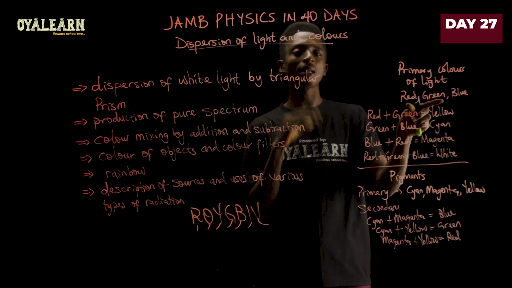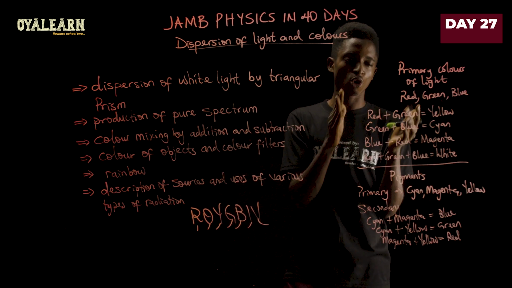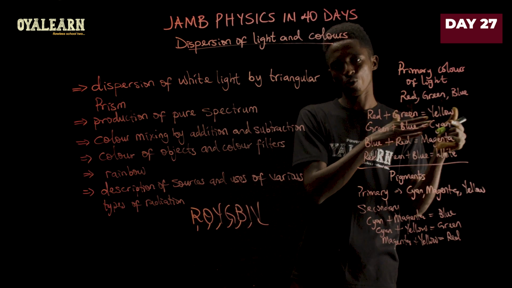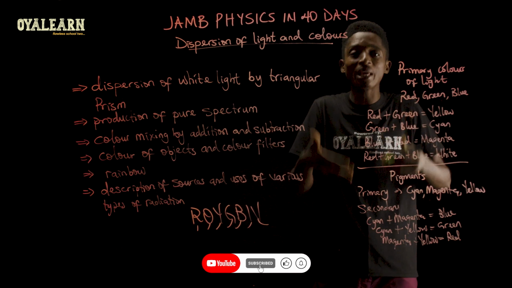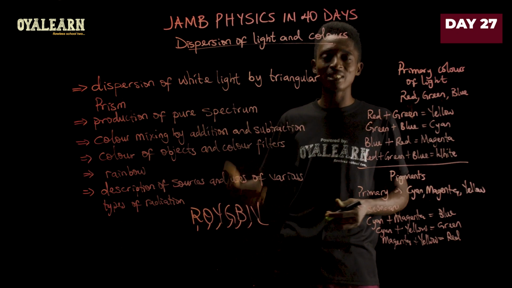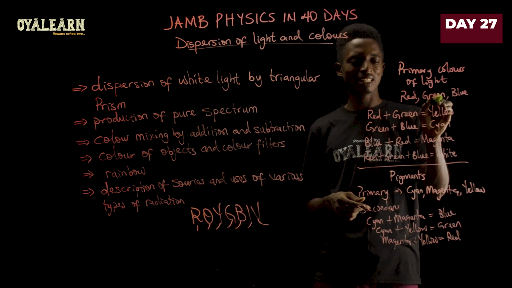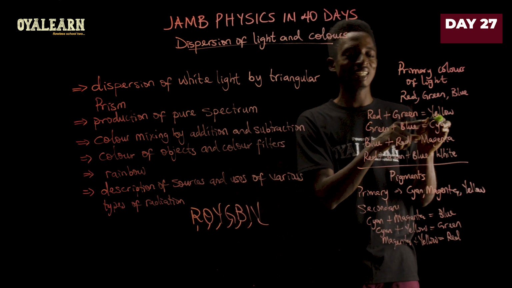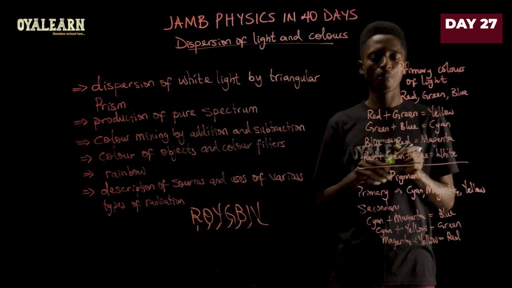So when we're talking about the primary colors of light, the light exists in three major colors: the red, the green, and the blue. And by additive mixing, we can get what we know as the pigments that we now see maybe from natural objects like leaves, dyes, and the likes. So when you mix red and green together, you produce the yellow color that we know. Red and green will give you yellow.